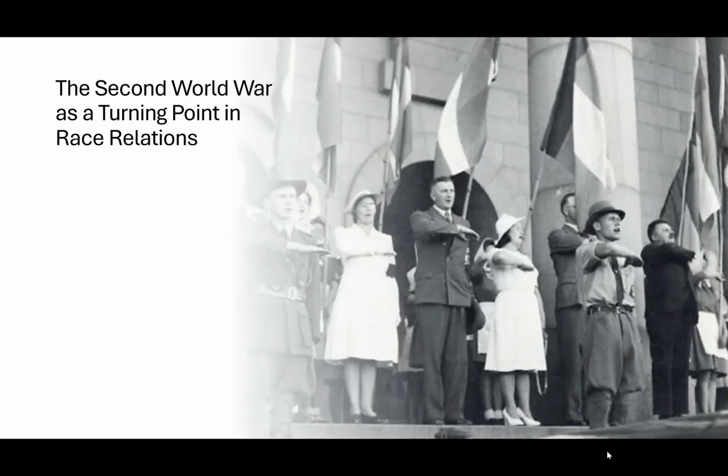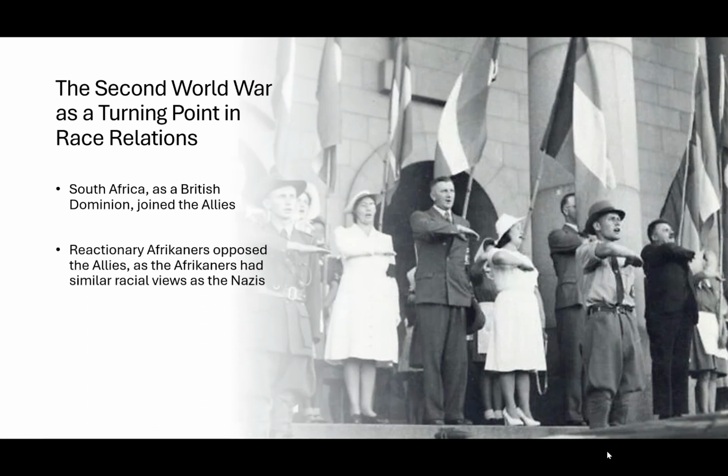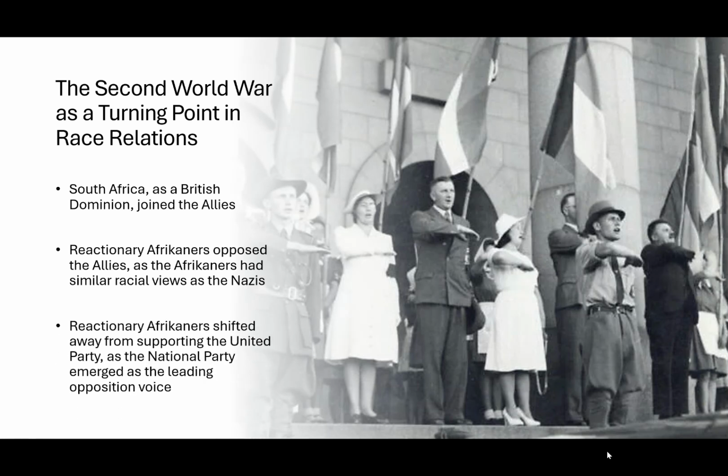So now we see these areas of protest, and now we're going to jump all the way to the 1940s with the Second World War. As the Second World War occurred, South Africa was a British dominion. So it's going to join the Allies despite a push against that. Many of the more reactionary conservative Afrikaners opposed the Allies as they believed they held similar racial views as the Nazis. Here we see this is the most extreme group here, and you see they're about to give the Nazi salute. So they're protesting, but despite the Afrikaners' protest against the war, they're going to see their sons